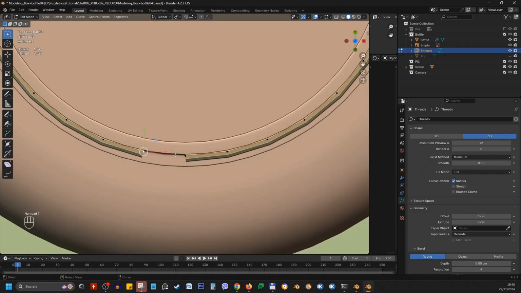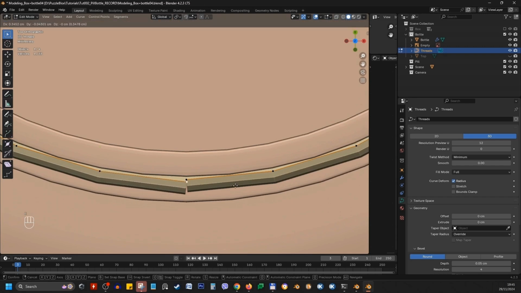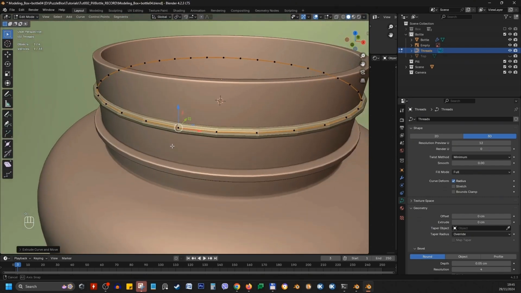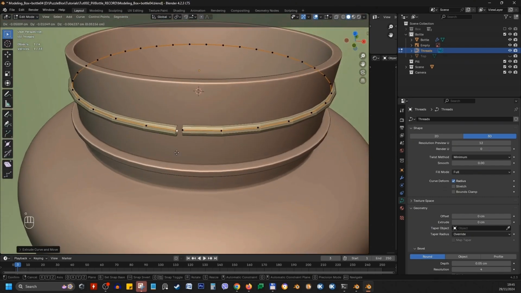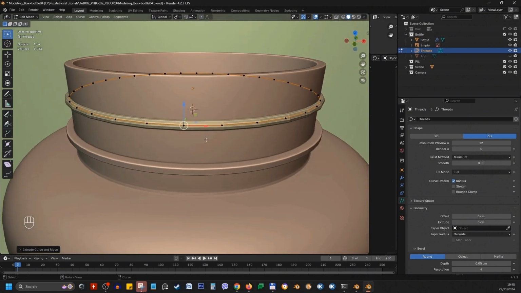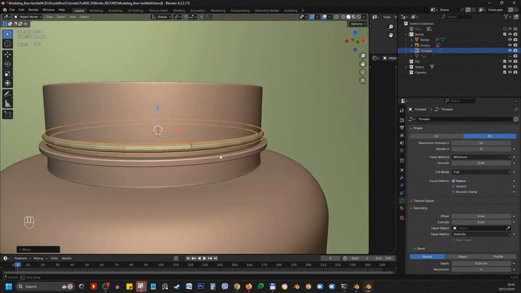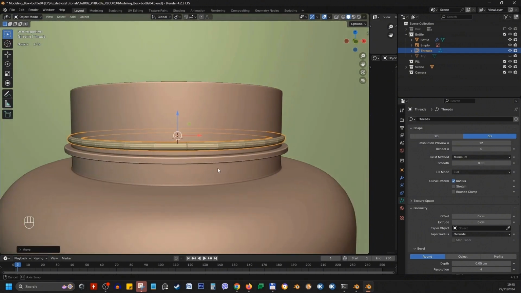Now I will go into edit mode, hit 7 for top view, select one of these two, and extrude it just over the other one, but we don't want them connected. Go out of edit mode, bring everything down. Now back to edit mode, select one of these,